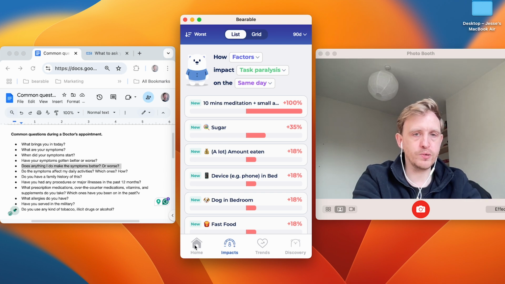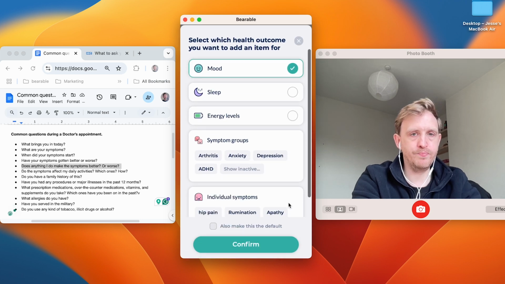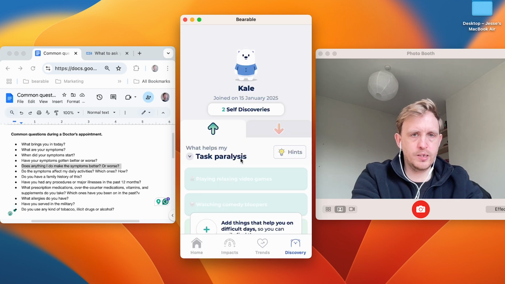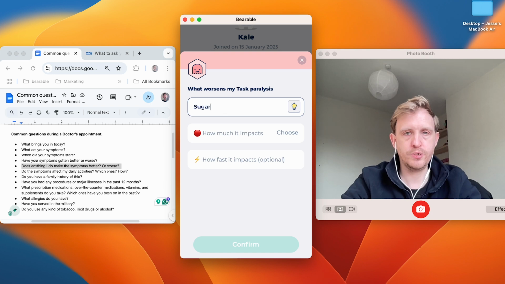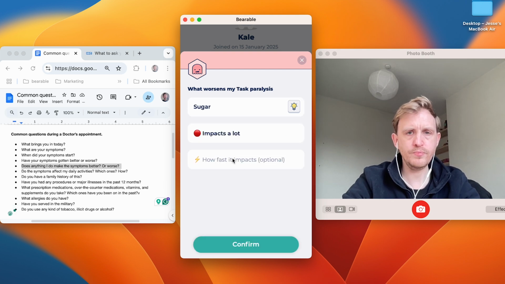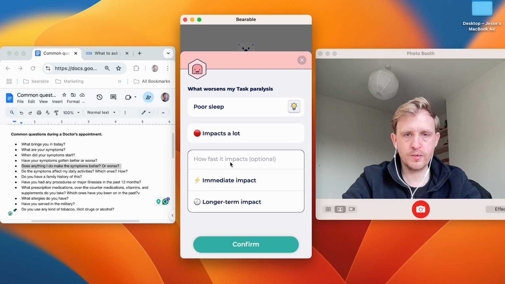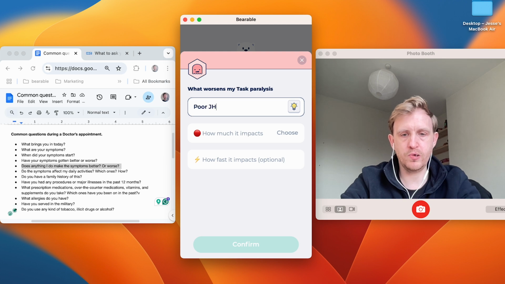One of the ways that you can make a note of that is you could use your discoveries tab and select the things that worsen, and we could say sugar impacts a lot, and poor sleep impacts it, and poor hydration.